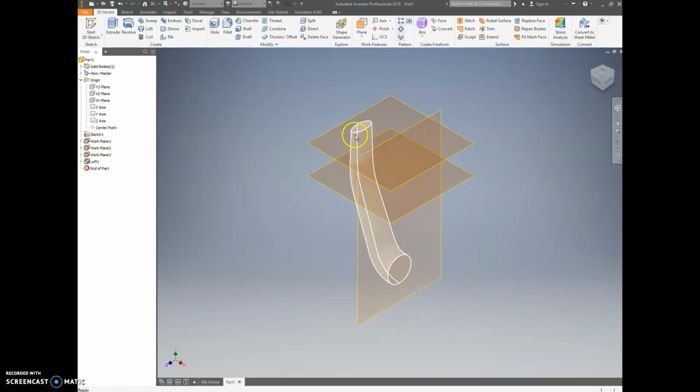We have our handle. So we just need to add the extrusion here at the top, and at the bottom a revolve and a couple additional features. I think I'll do that in the next video, but before I go on to that,